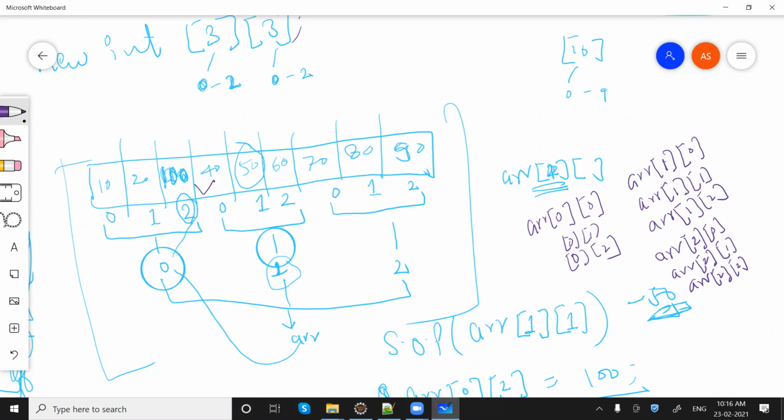So from this we can say we have a pattern. What is that? Can you identify and try to write a loop? So when I is 0, in this case, you can say this is I and this one is J. So for all these cases, I is 0 and J is 0, 1, 2.